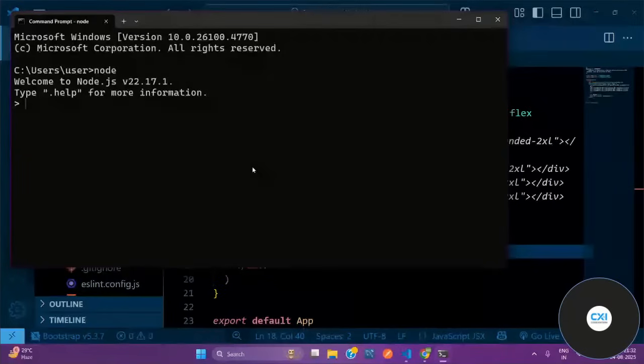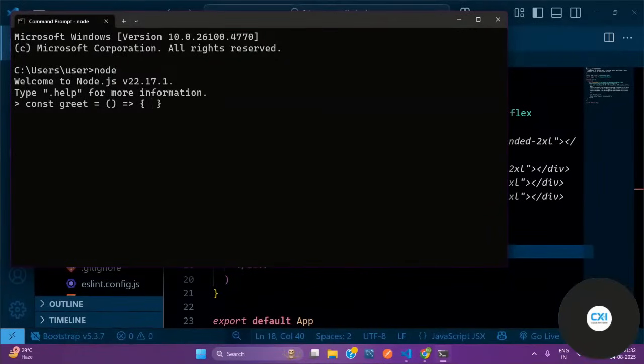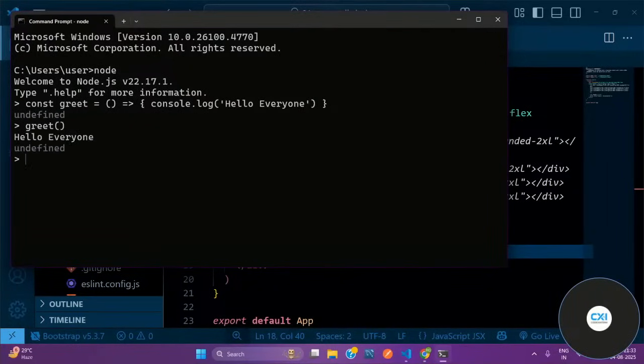See, visible? Suppose I have a function called greet. So it's my greeting. It's an arrow function, simple. Inside this arrow function, I just want to console.log hello everyone. So if I call this greet function, what message will be displayed? Hello everyone. Now if I create another function called